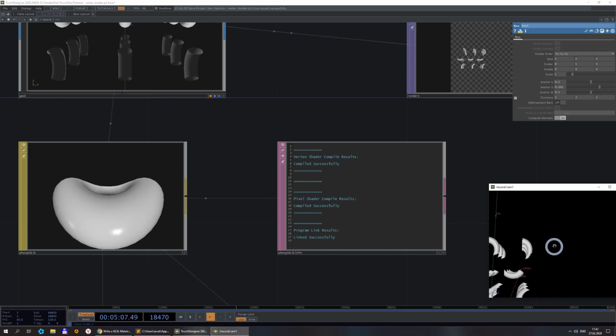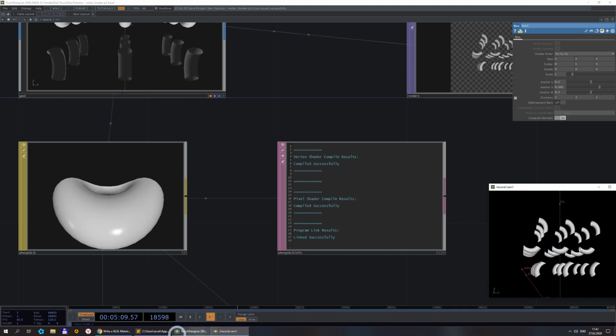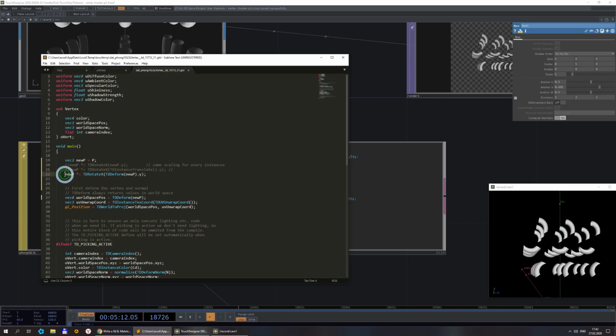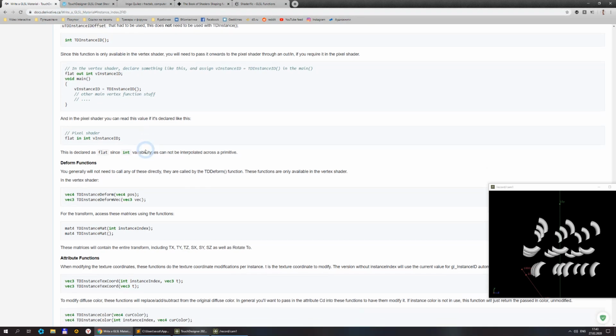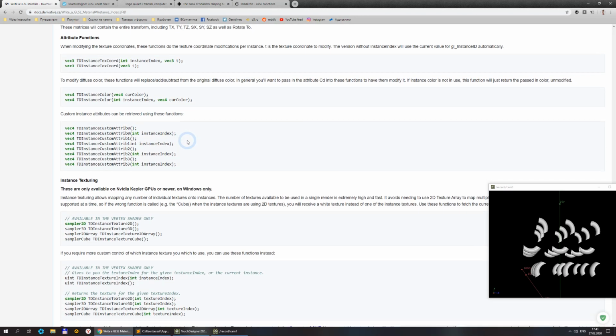So here our rotation used this TD deform, and here our previous method. With rotation it looks the same, but sometimes the TD deform gives a different result than combining these two strings. And if you go inside the help and write GLSL material, it says